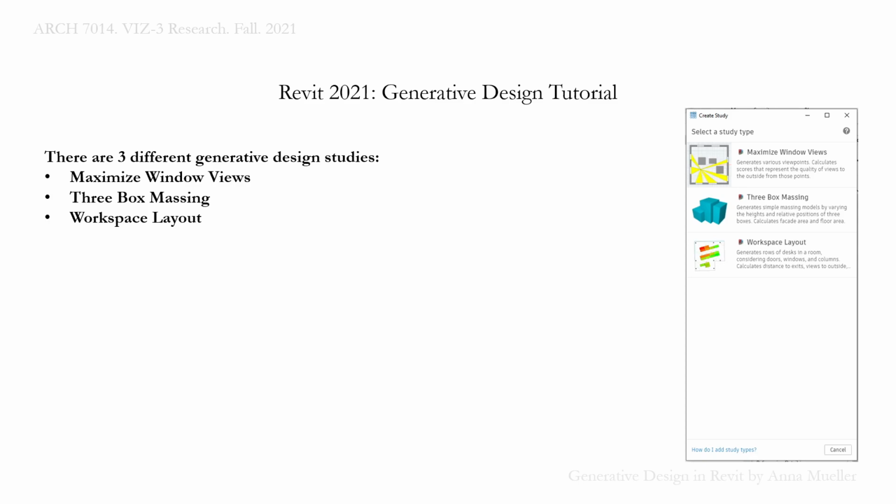Three-box massing generates just very simple volumes, up to three. It can be 1 to 3 boxes that will appear that you can choose. And you can choose how much surface area or floor area you want each of them to be, so that you can really start to form a dynamic building form, whether you're an architect looking to build multiple different buildings, say, on the same site, or you're an urban designer trying to figure out your city's